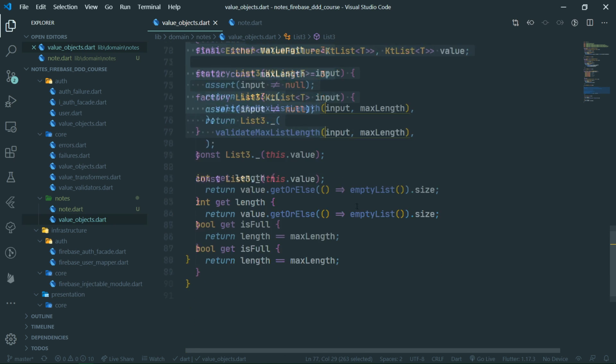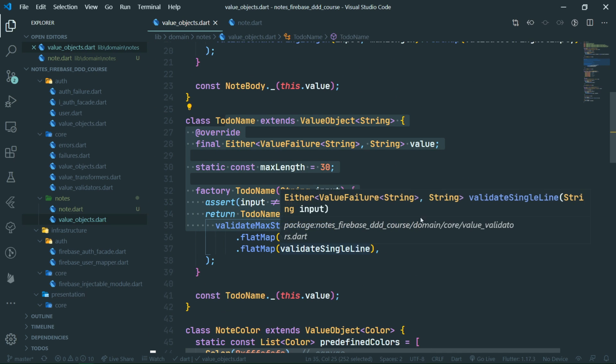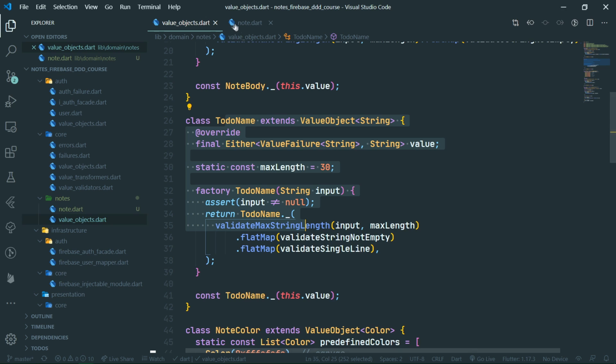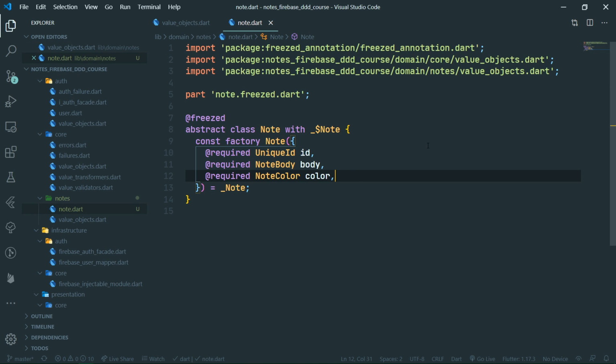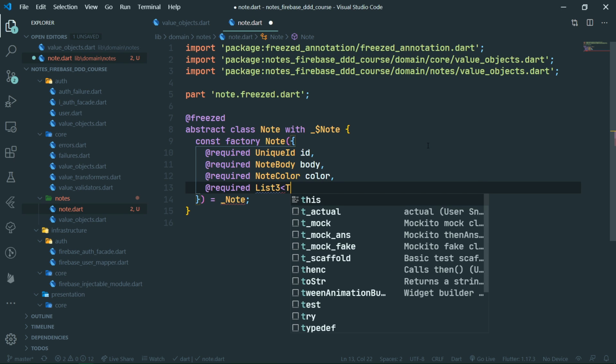Those are list of 3 items and then also to-do name. Well, we know that each and every note should have a list of at most 3 to-dos. So can we do something like add required, then list 3 and to-do name,